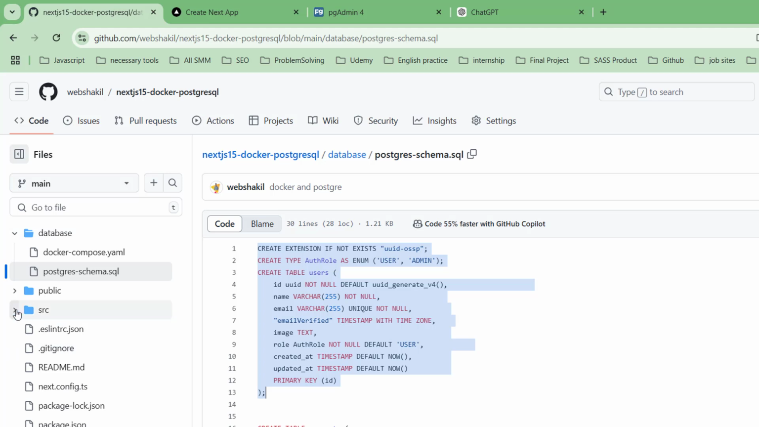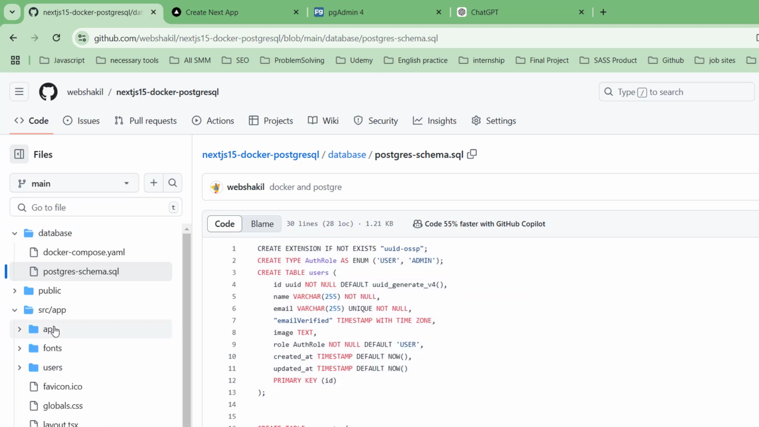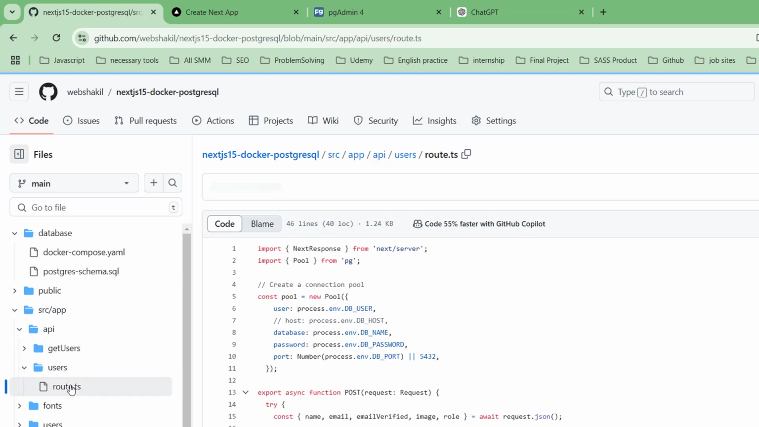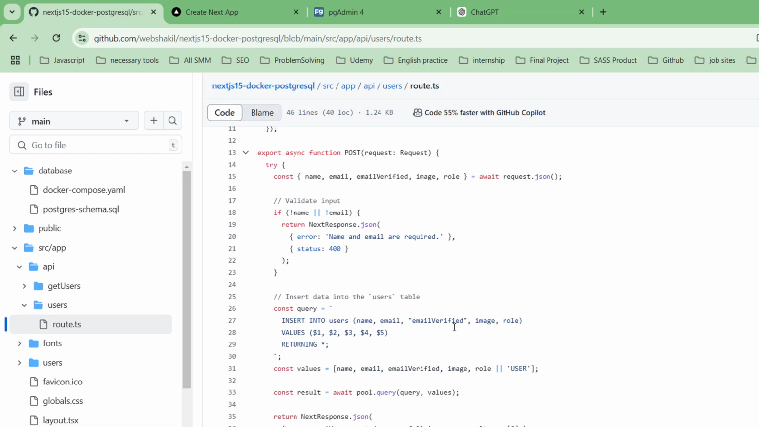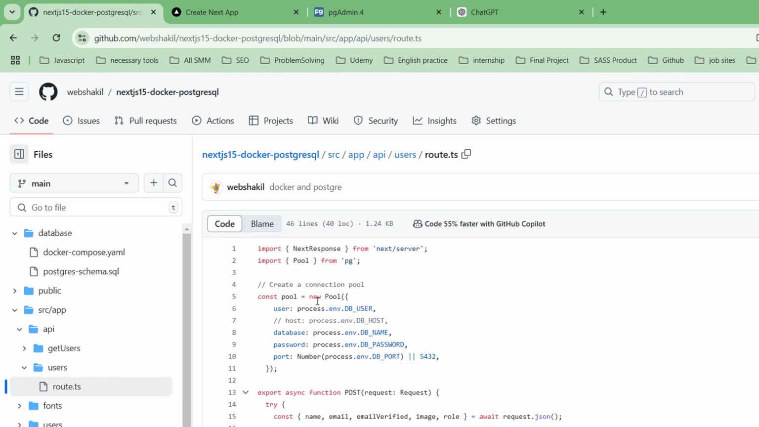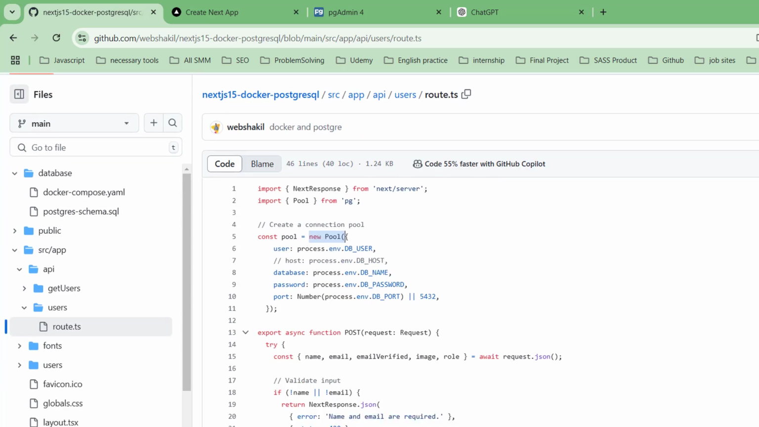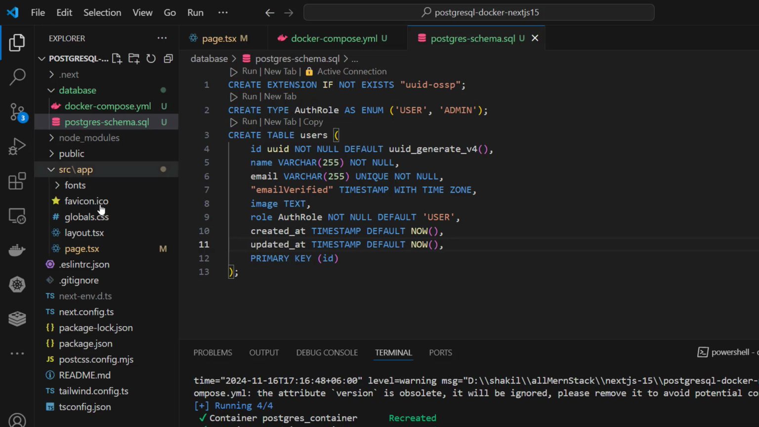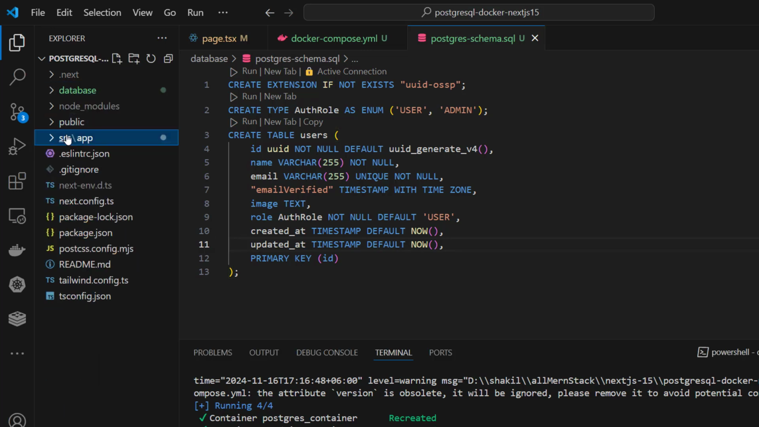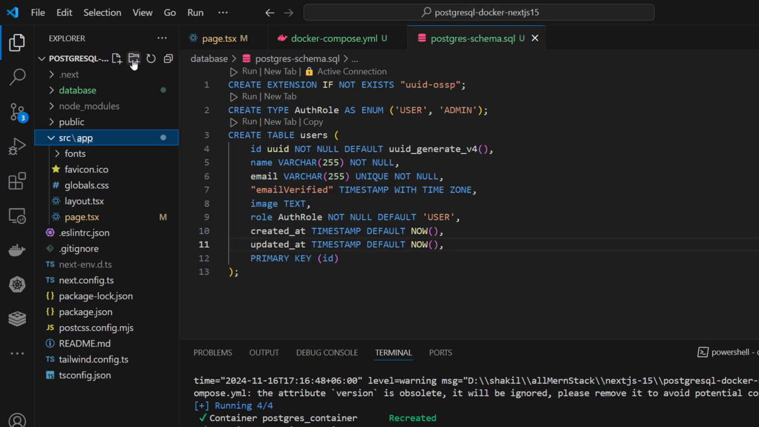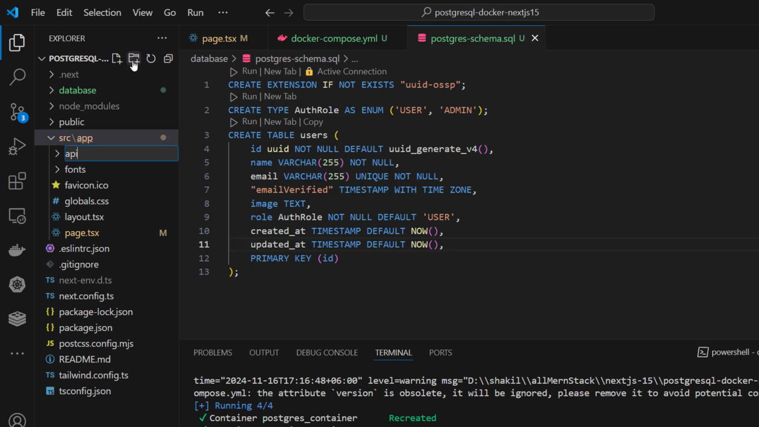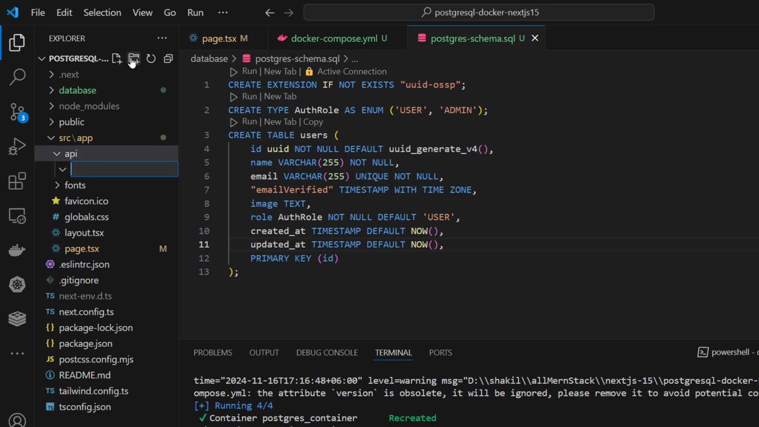Okay, and go inside source API, and first of all create the users. So we will use Postman. Okay, so this is our code. So we need pool, it will connect our code to the database. So I am making you understand. So for the database, go to source app API, I can give it a name, users